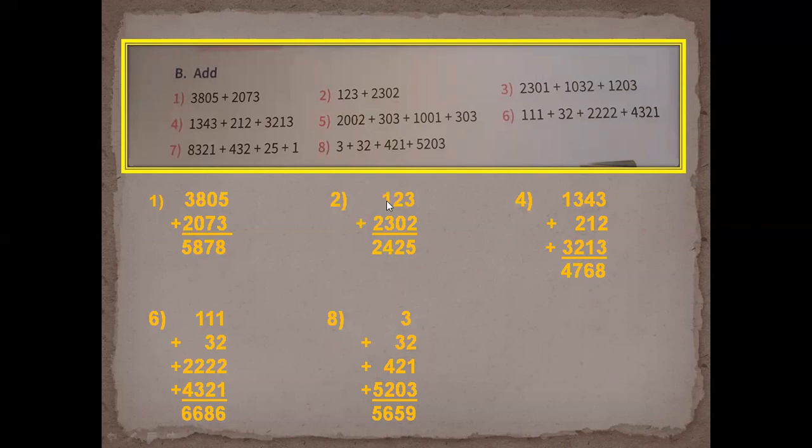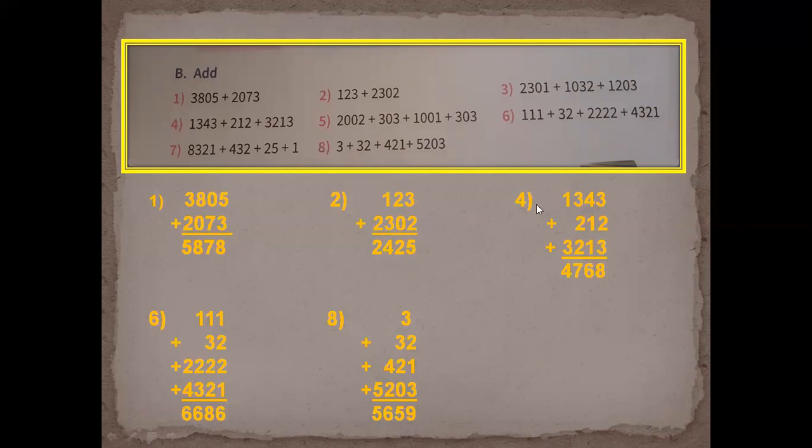See, second one, 123 plus 2302. Here also we have to write the numbers in the proper way. In the hundreds place, we have to write the hundreds place number. Okay, don't make a mistake here. First you have to write it like this and then add from ones place to thousands place. 3 plus 2 equals 5, 2 plus 0 equals 2, 1 plus 3 equals 4. And then here there is no number, so you have to write this number only. 2 equals 2 only. Answer is 2425. Third one you have to do like this.